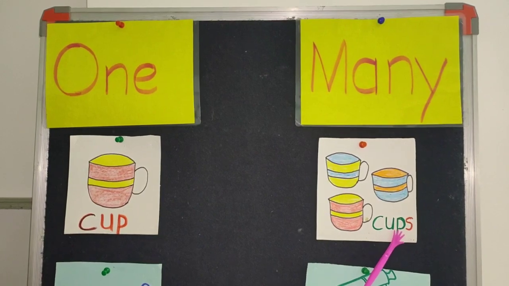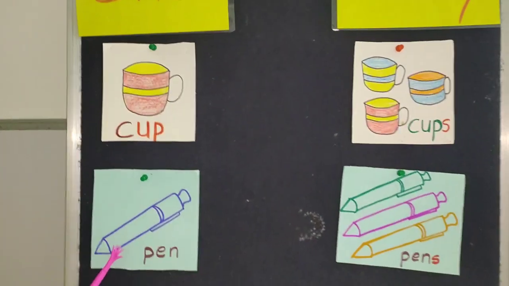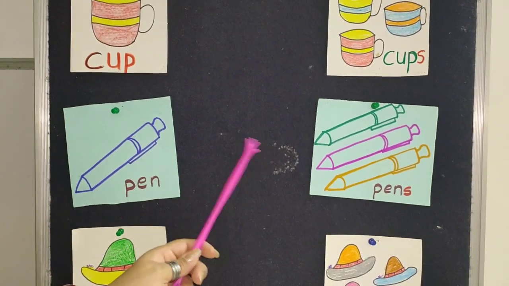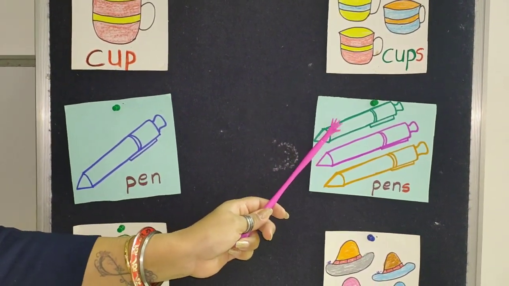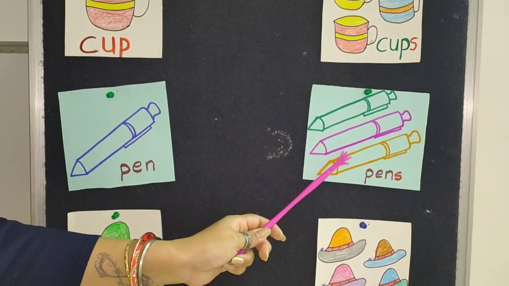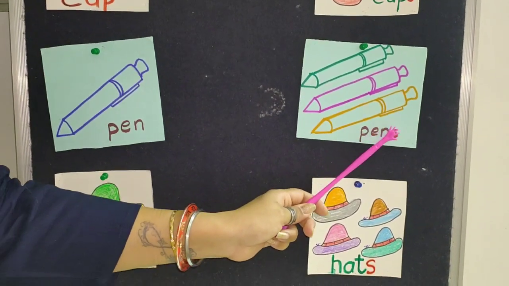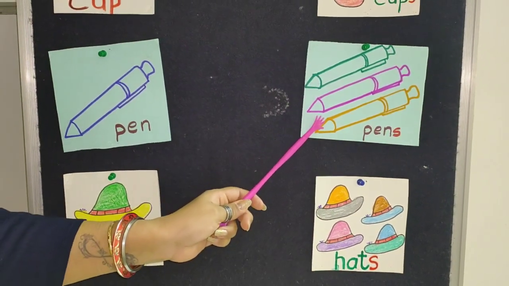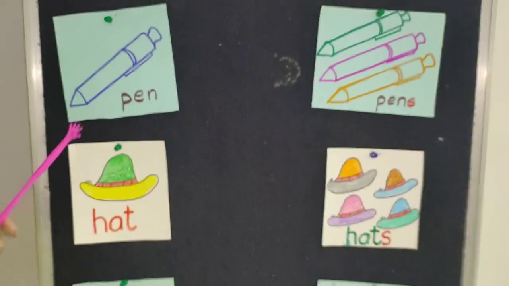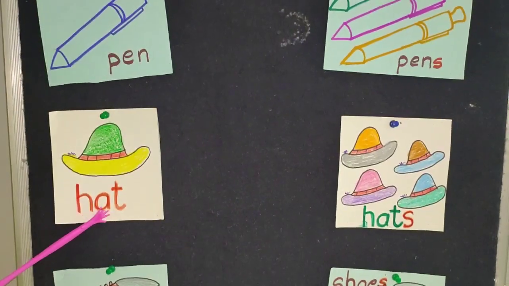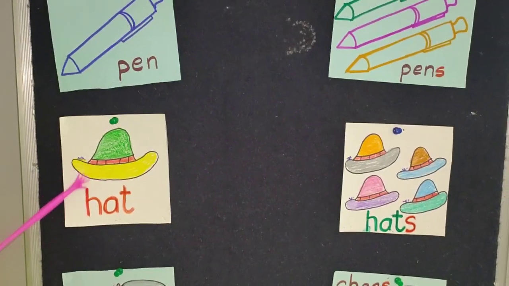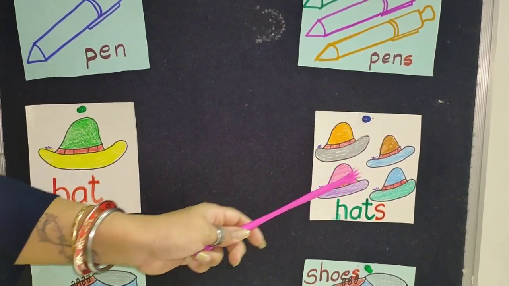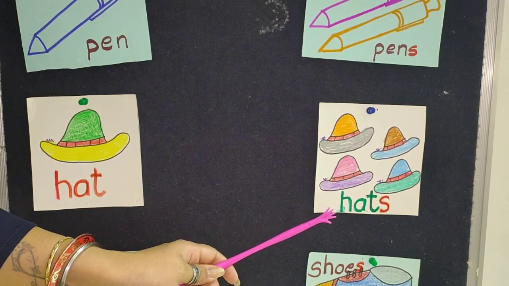We add an S. Next picture is pen. P-E-N, pen. One pen. Here we have 1, 2, 3 pens. P-E-N-S. So you see children, we add an S when there is more than one object. Next picture, H-A-T, hat. One hat. Here we have 1, 2, 3, 4. 4 hats. So it becomes